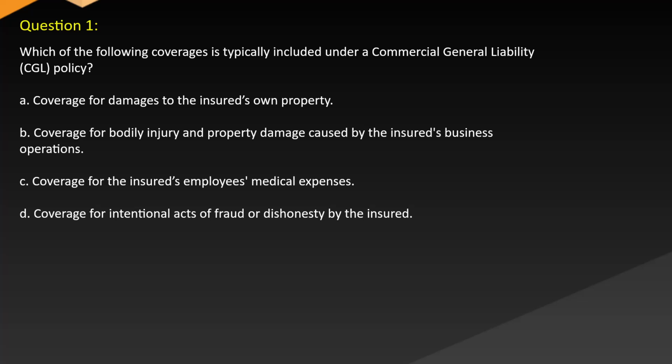Question 1. Which of the following coverages is typically included under commercial general liability (CGL) policy? A. Coverage for damages to the insured's own property. B. Coverage for bodily injury and property damage caused by the insured's business operations. C. Coverage for the insured's employees' medical expenses. D. Coverage for intentional acts of fraud or dishonesty by the